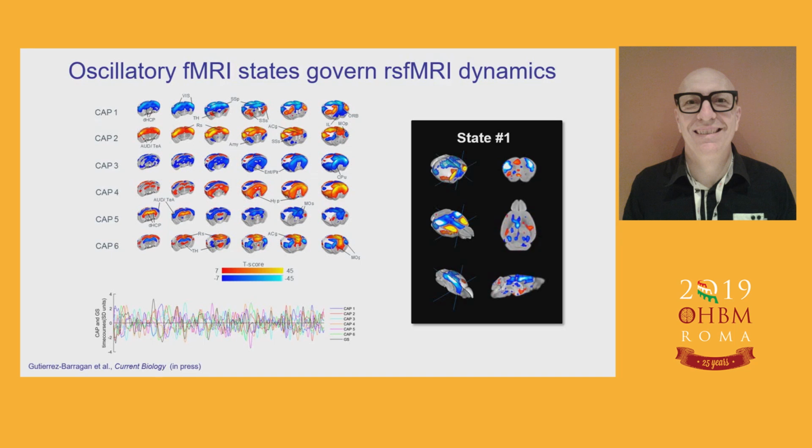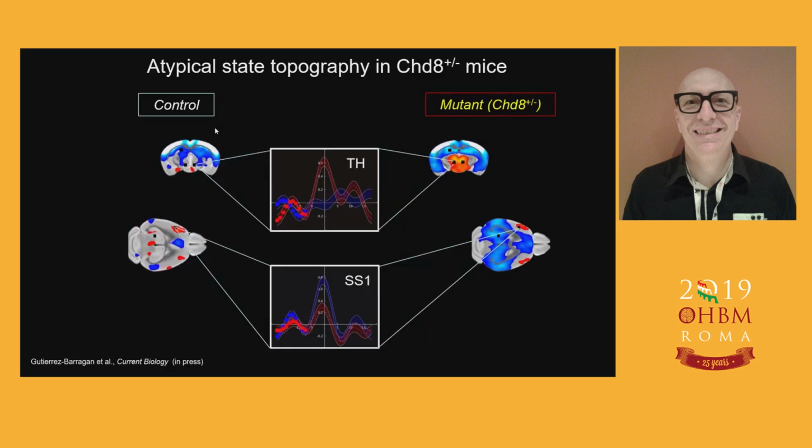So what we see here, blue is a down in BOLD activity, red is an up. So you have ups and downs in BOLD activity. You don't have correlation anymore, which is something that probably everyone likes here in the room, right? To just get rid of correlation for a while. And why do we like this? We like this because then we can use these measurements to understand whether dynamics in models of autism, so mouse models that are recapitulating genetic changes associated with autism, can be mapped regionally.